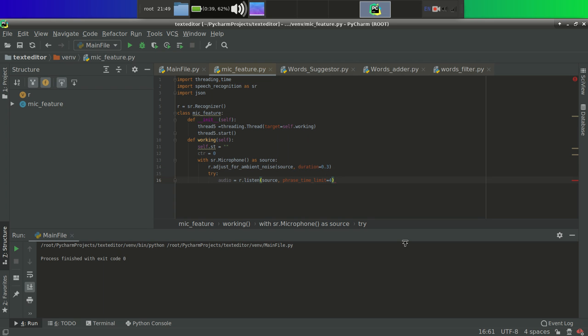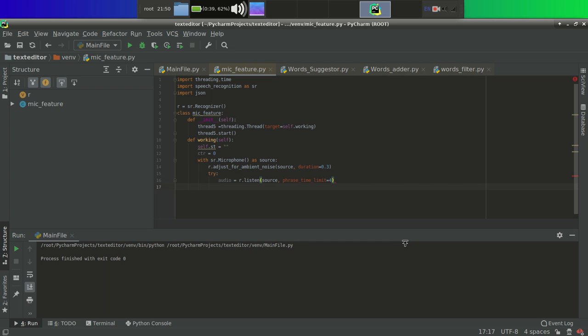Then we again start this method. If the user is not speaking, it can wait for 4 seconds only, and then after that it will start again.